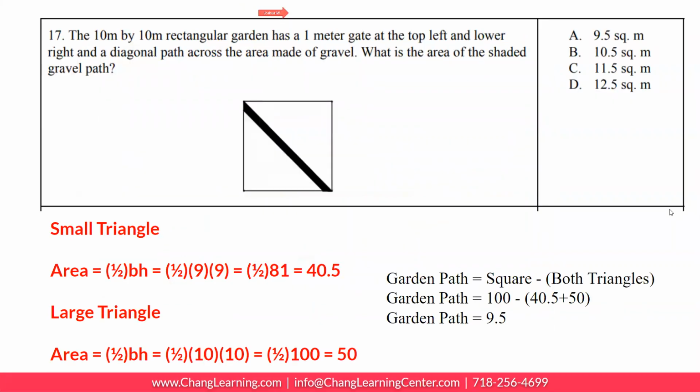Here is a problem in geometry which tests your knowledge of the formulas on the previous page. Question 17. If a 10 meter by 10 meter rectangle garden has a 1 meter gate at the top left and a lower right along the diagonal path across the area made of gravel, what is the area of the shaded gravel path? Well, what I'll do is I'll try and highlight for you